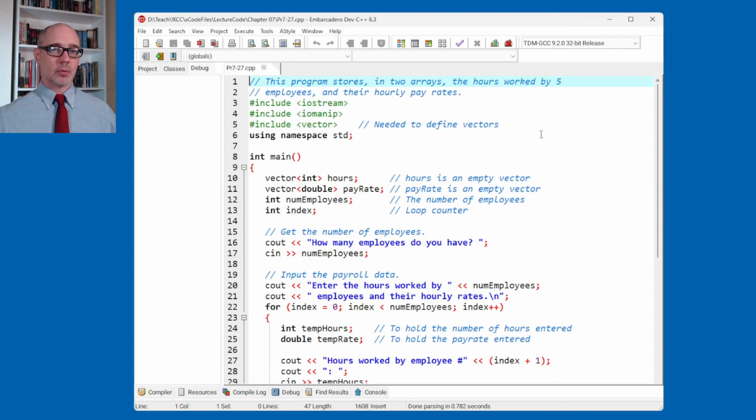When we were working with file handling, and you're reading from a file, you don't know how many things are in it, you're using a while loop, and you want to store it, previously we had to use a partially filled array and just have a really big array, and you're probably going to waste most of the space. So using a vector would probably be a much better idea. You have your while loop, and you just push more data, push more data, push more data, and it resizes itself to about the capacity that you need. And it's a lot more efficient as far as the memory, and a lot safer